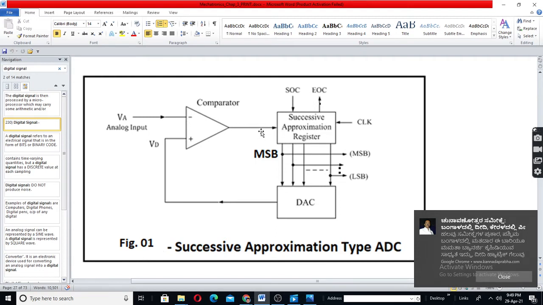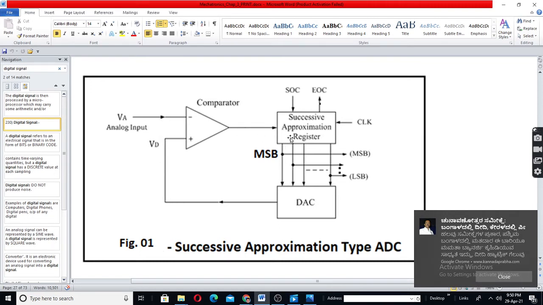When this becomes high, it understands, oh, now I have crossed the limit, so this should not be 1. It will make this 0 again and try for the next bit. It will make this 1 now. So this will be now 1 0 1, meaning you will get 5 volt here.